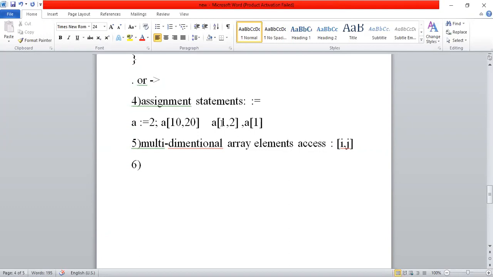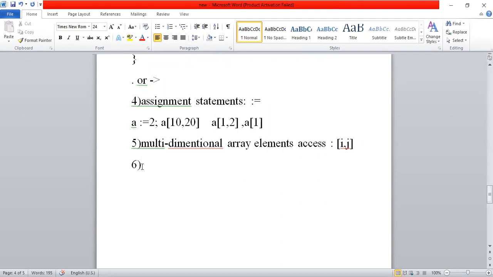So for accessing any element in arrays, we use open braces. In between those two braces, we mention row number and column number. Automatically, that particular value can be accessed by the compiler. So we need to give which number is required in the application or manipulations. Based on that, we can access elements. So element access in a multi-dimensional array requires those two braces. Is it clear now? Okay?